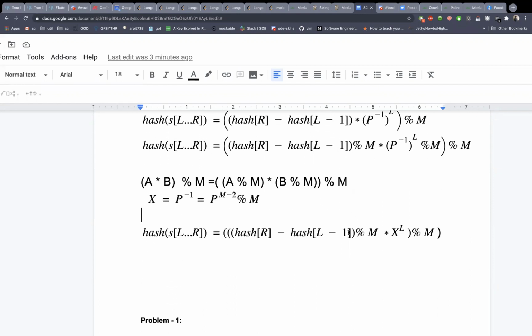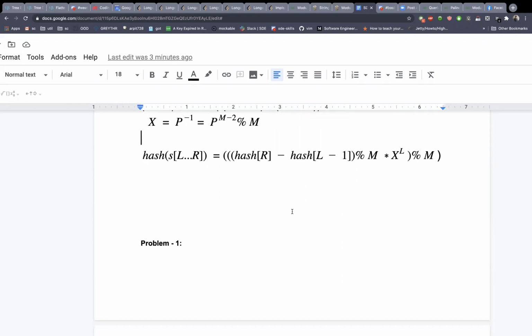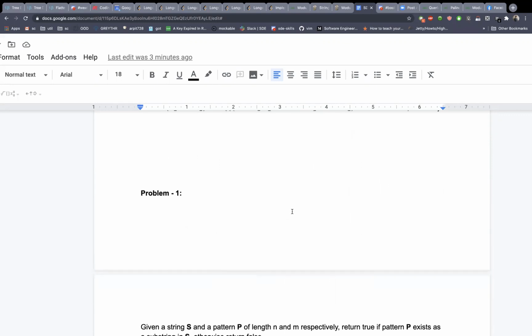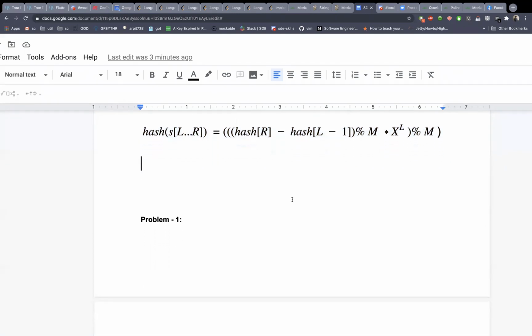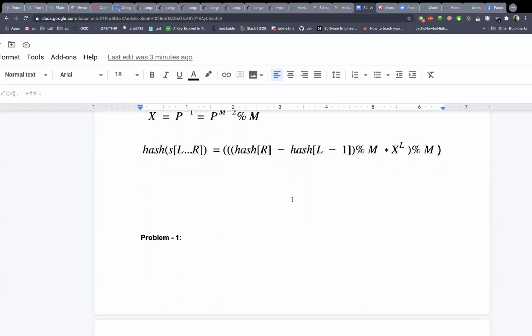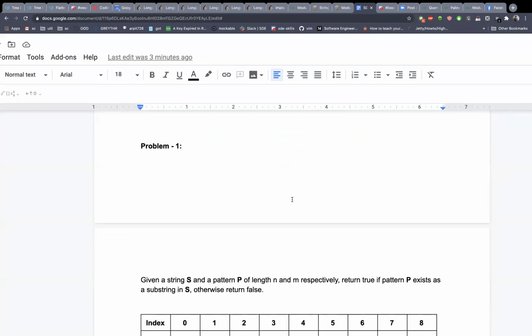Okay. So now we know how to calculate the hash of a substring if we have calculated the full array of hash, right? Is this part clear to everyone? Because this part will be used in one more problem that we will cover. If anyone has any concern, please raise your hand so that I can see and address it. Okay, so that's clear to everyone, right?